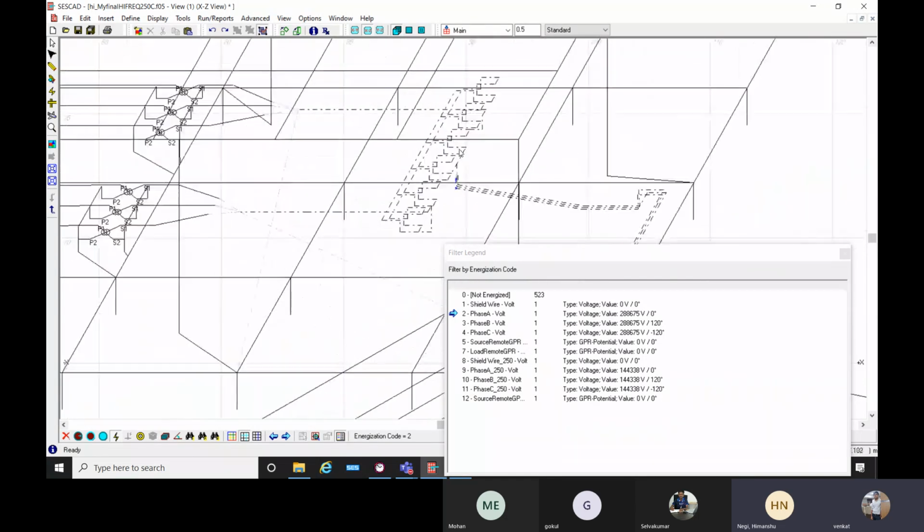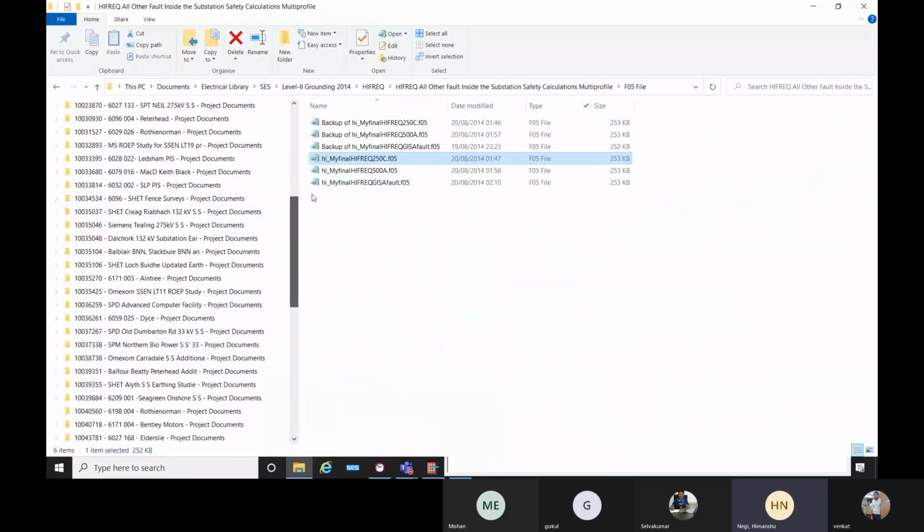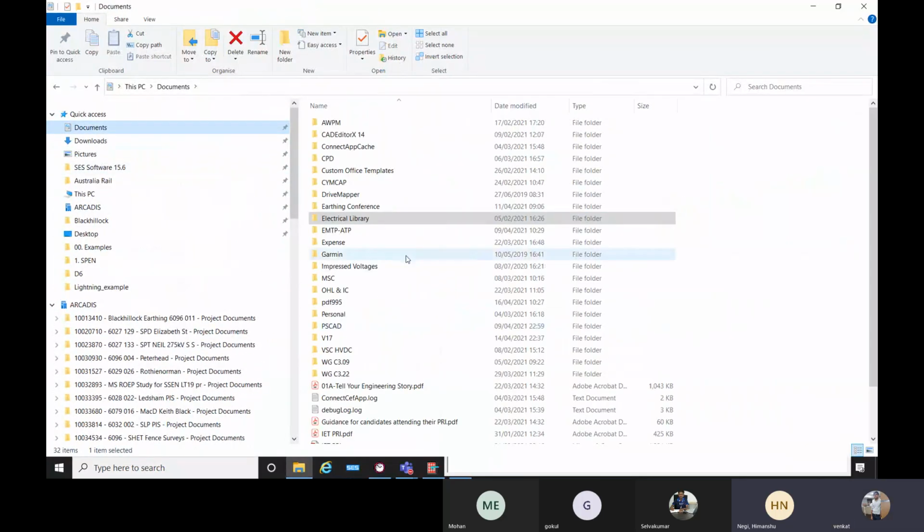And then the idea is, because there is an IEEE 80 document, it says that you need to investigate 3 faults in this GIS. I can quickly